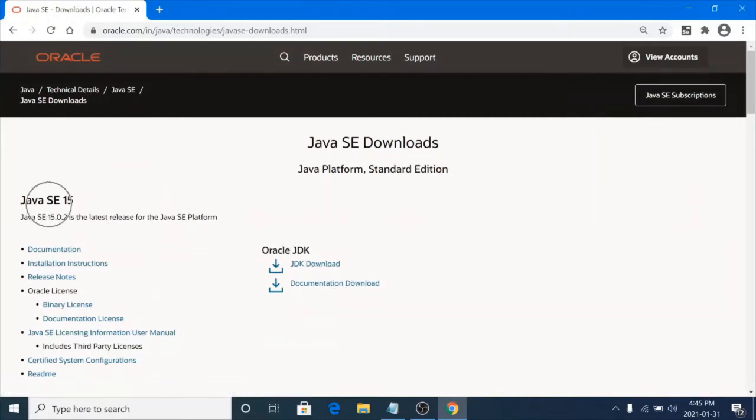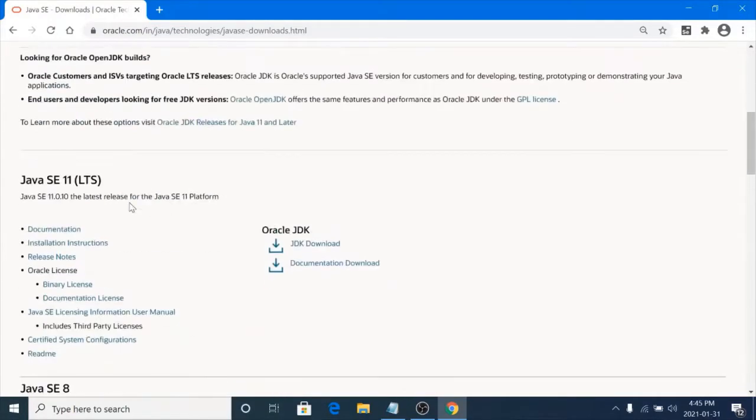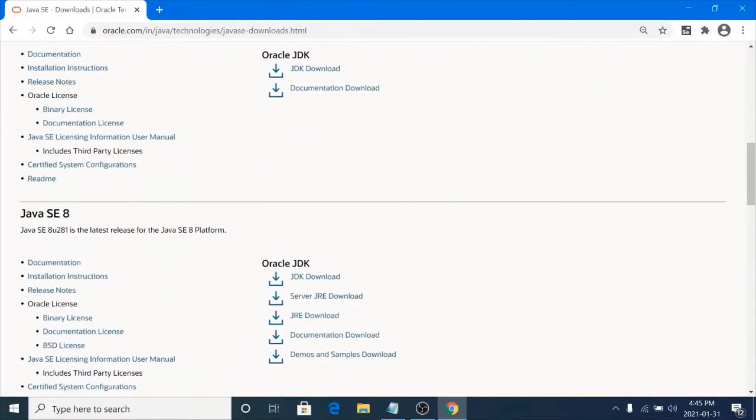So this is the latest version of Java Standard Edition, 15. But we will install Java 8. That is sufficient for us. To install Java 8 you need to scroll down. This is SE 15, and SE 11, SE 8, and if you want to download, just click on JDK